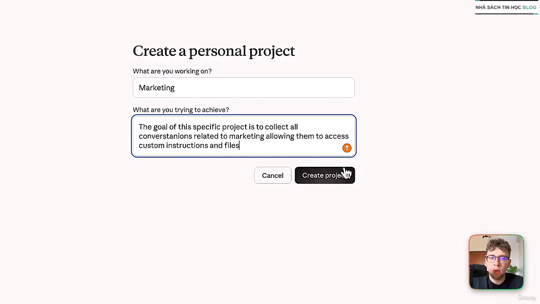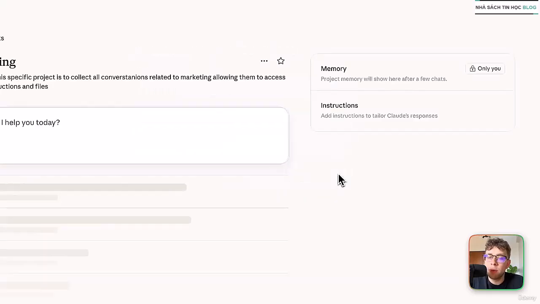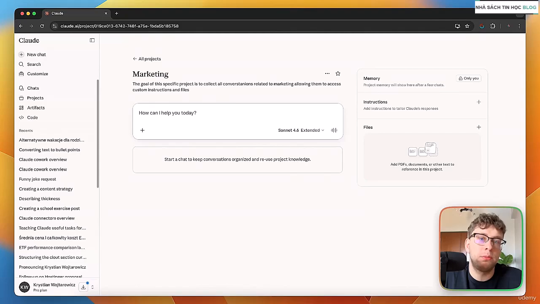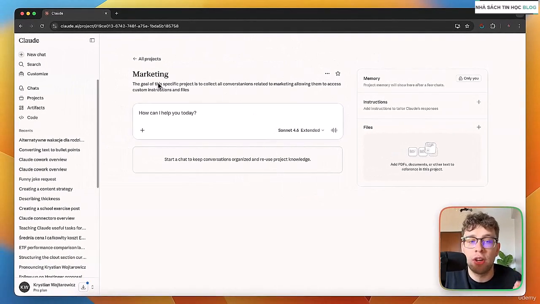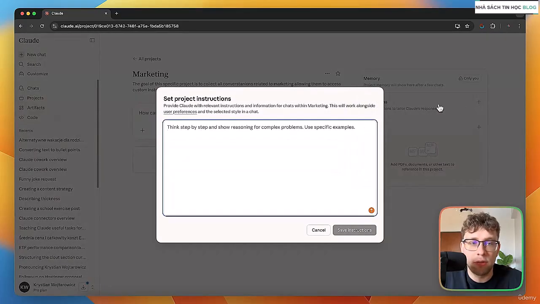So there is a question, why would you even consider creating a project? I said that this is a folder of chats where you can have the files and instructions. But yeah, this is the thing. Instead of uploading, let's say multiple files every time whenever you have a conversation, or just giving instructions on how the chat should behave and Claude in that chat, you can create a project and then just provide the files here, instructions here. Additionally, you've got the memory, so Claude will exactly remember what was said in all chats inside this specific project. So now what we can do, let's add the instructions to our Claude.